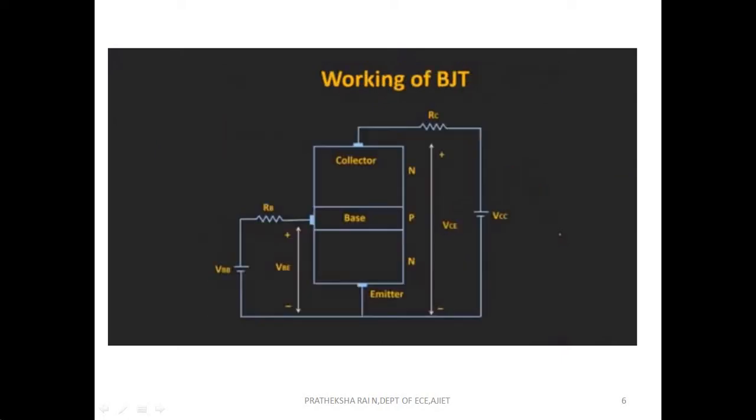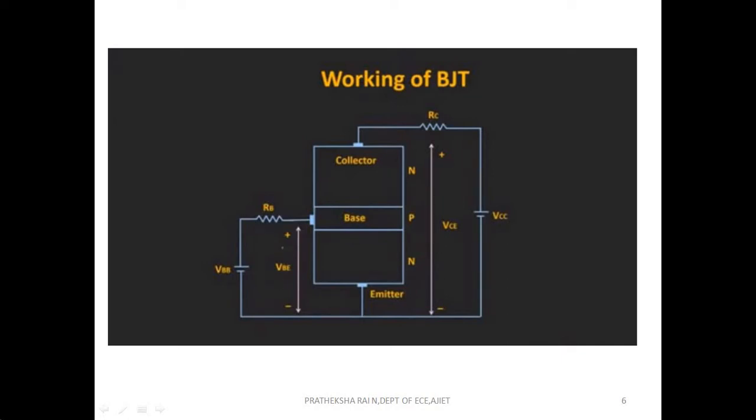Alright, so now let's understand the working of the BJT whenever it is operated in the active region. And here we will take the example of the NPN transistor. Now before we understand the working, let me just clear the notations which are used for the supply voltages. So as you can see over here, for the base and the collector supplies, double subscript is used. That means here this VBB is the source voltage for the base and the VCC is the source voltage which is connected to the collector terminal.